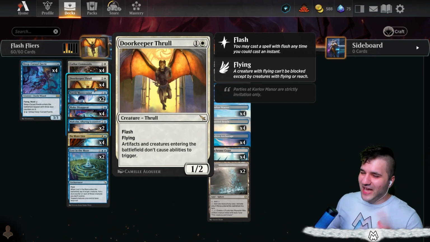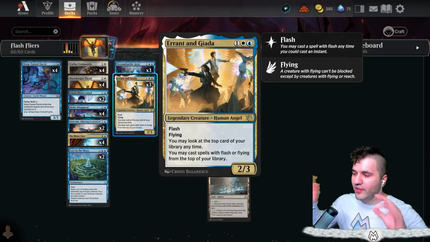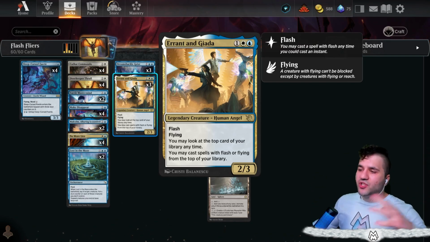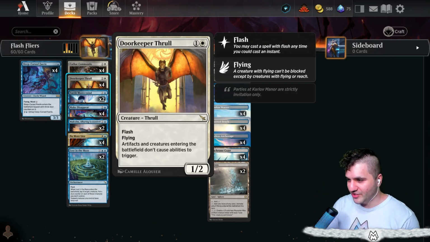So we have seen this kind of archetype before, the Flash Flyers. You got the Errant and Giada. Flash and Flying, you may look at the top card of your library at any time. Flash or Flyer, you can cast it. Pretty cool, right? So the only thing with Doorkeeper Thrull, we can't have our own creatures have enter the battlefield